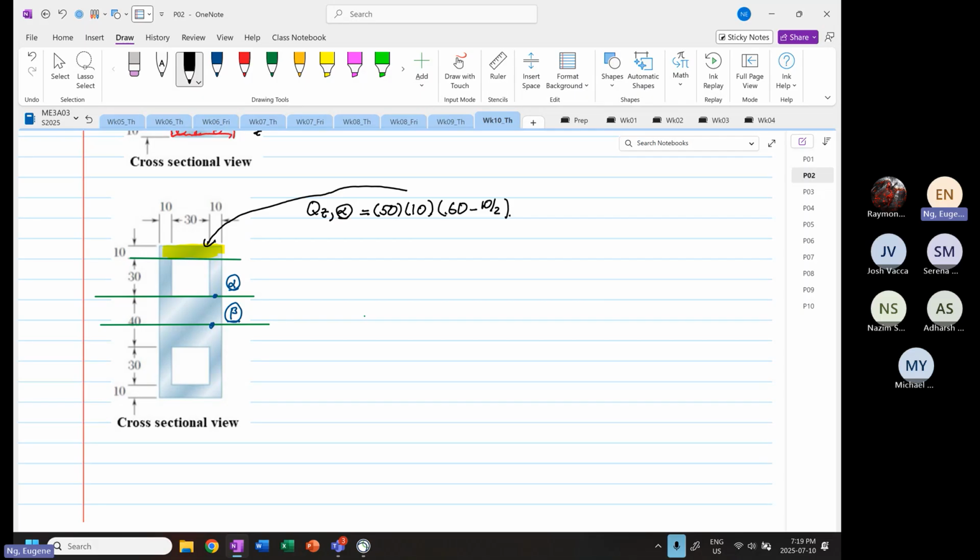Now the next one, the problem now is we don't know what T is. Okay. So now we write out, plus 2T, which is the width. The depth is 30, right? And the Y bar is 20 plus 30 divided by 2. Okay, so that is the Y bar. So this is up to point alpha, right? This is up to point alpha. So this will be equal to